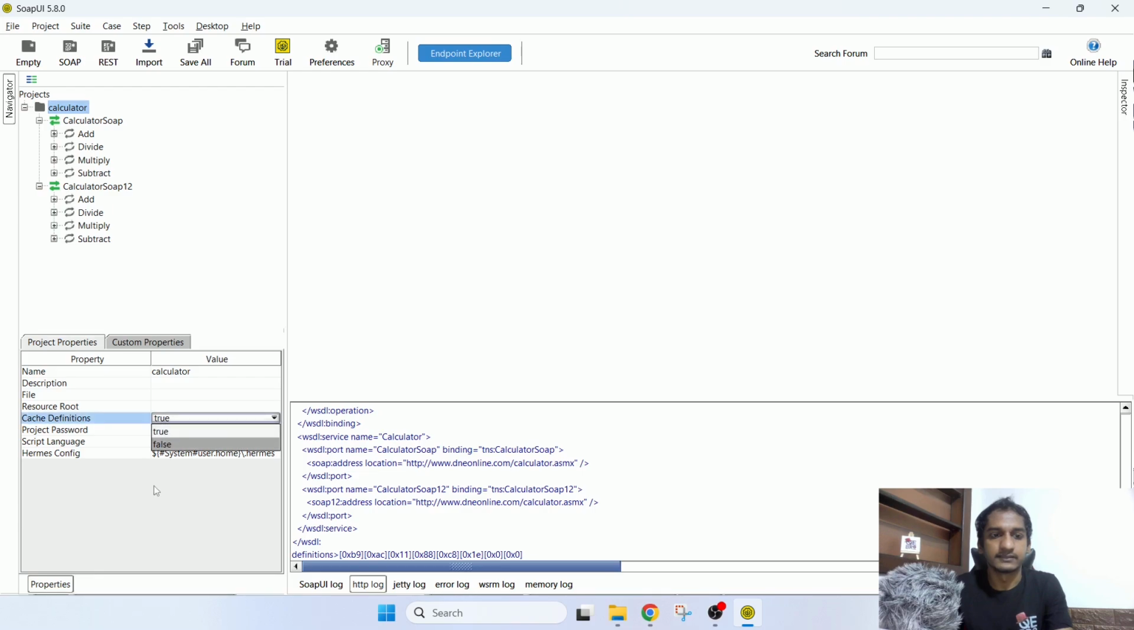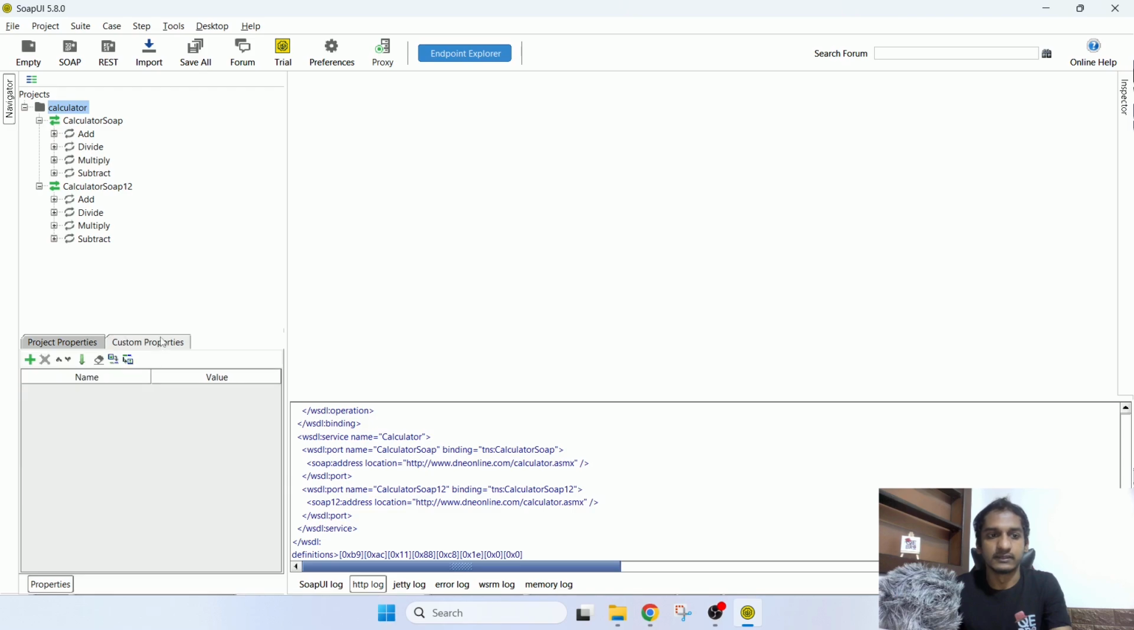Other than that, cache definition you can change here, and the script language, because in SoapUI, when you create these test steps and everything, you can update and play with Groovy scripts as well. So I will show that later, and some other configurations are also there. And also, if you need to create your own custom properties, you can create them here, and then using the Groovy scripts also you can access those properties,